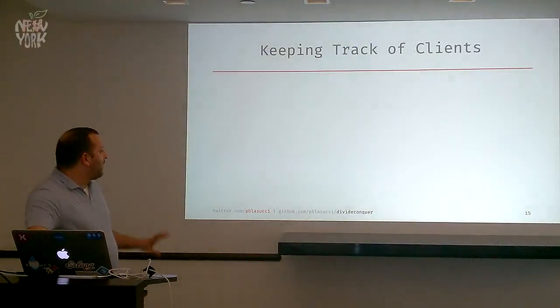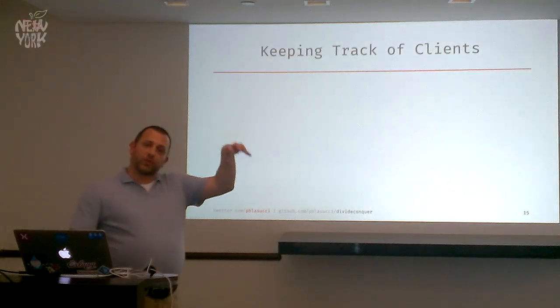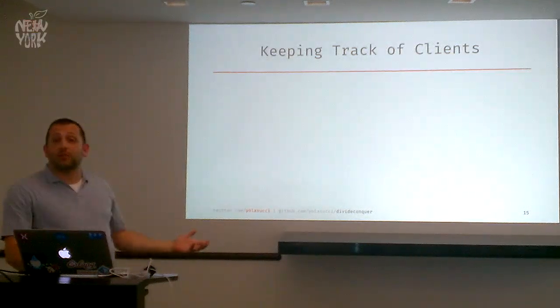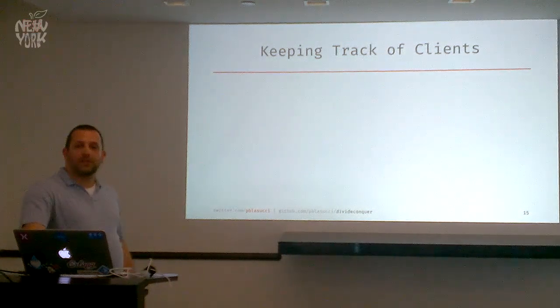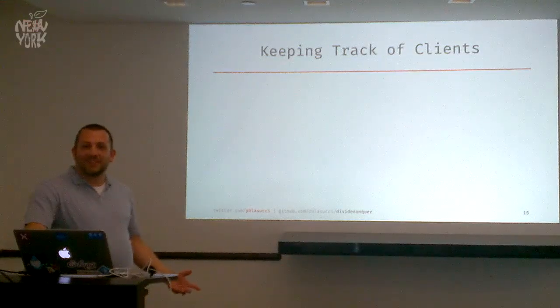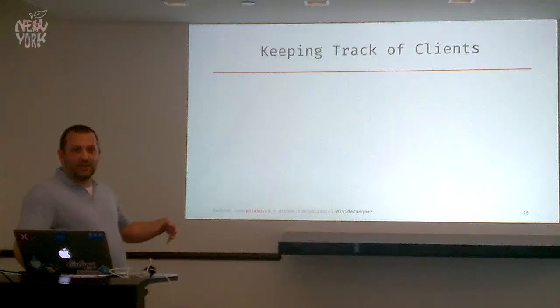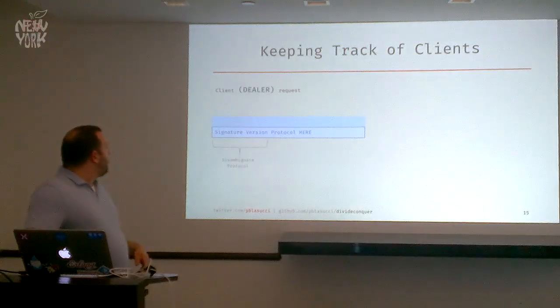All right, so we're going to look at some more specific messages. So we've got our topologies, our server in the center, and then we've got all these clients that connect to it. And the server does keep track of clients because it's no fun sending a message out into the ether and hoping people listen to it. I mean, that's what Twitter is for. This is a chat application. We want to know who's there, who we're talking with. So it's not persistent in any sense. It's all in memory. But we do keep track of clients.